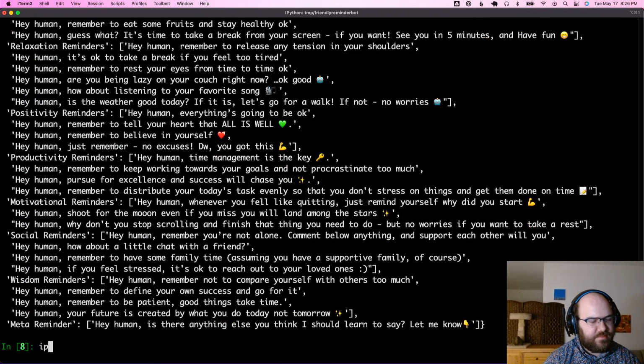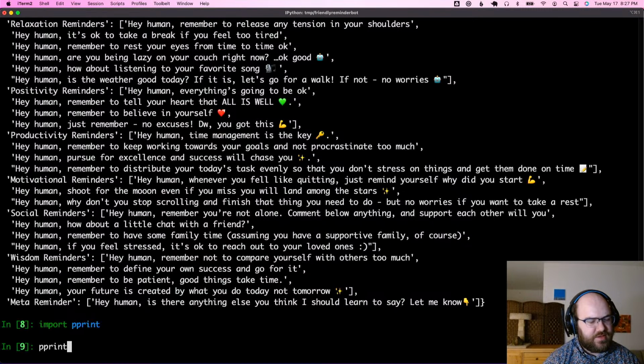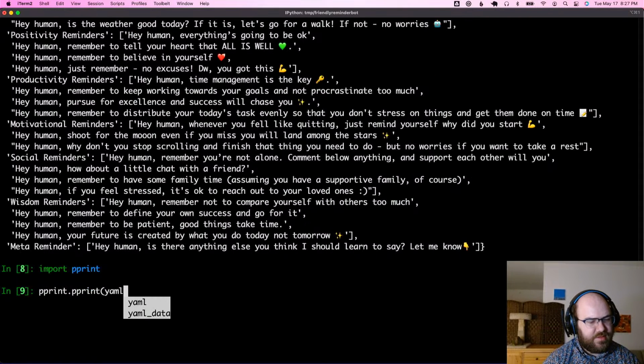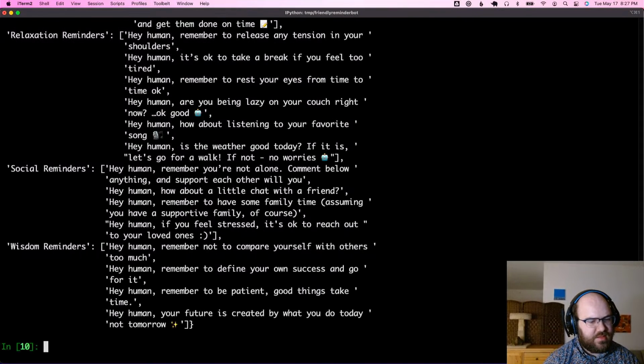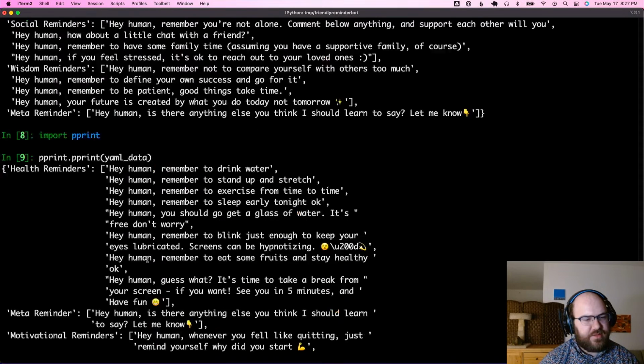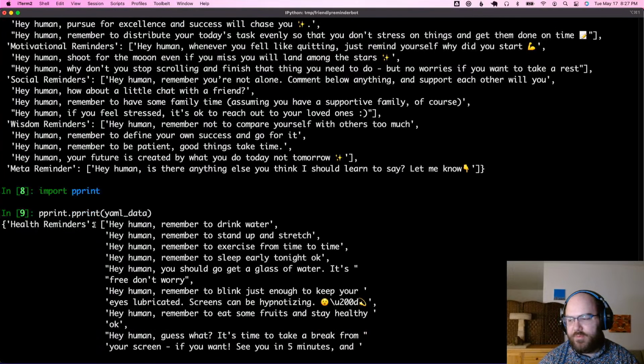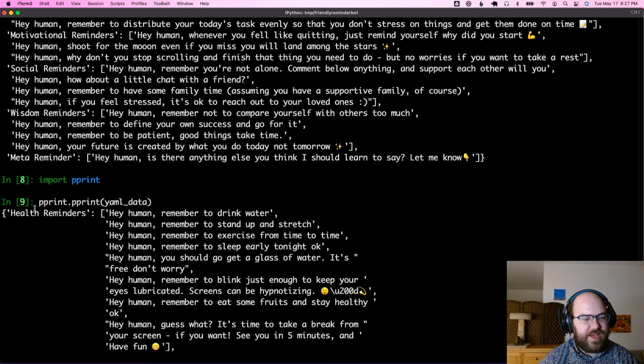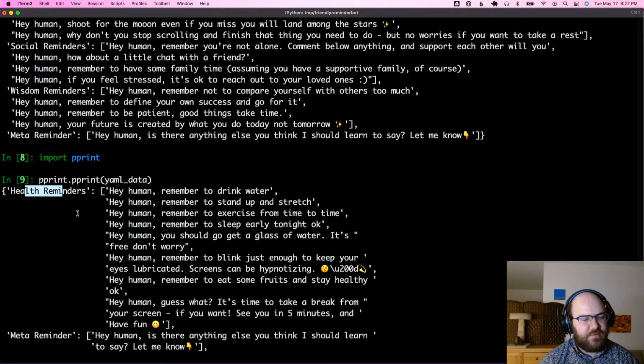Import pprint, print.pprint yaml_data. Now look how it's in a form that Python knows how to do stuff with. Whereas